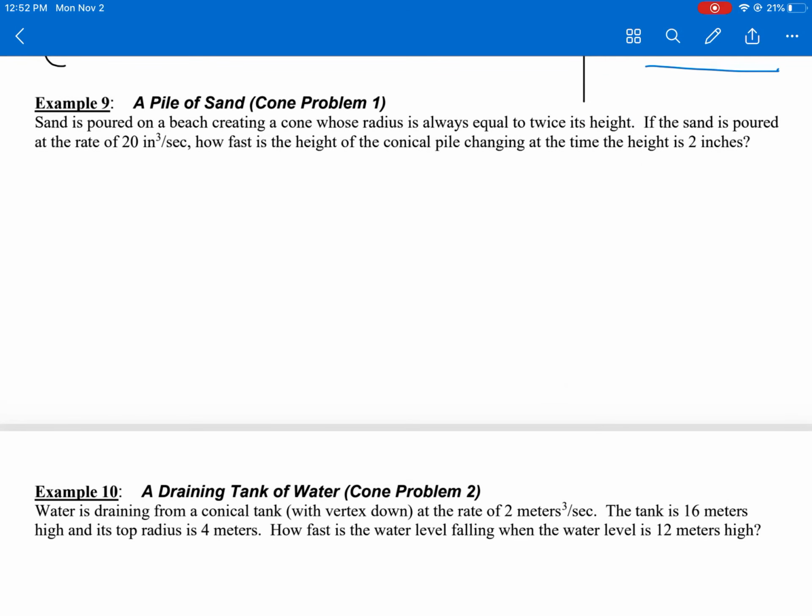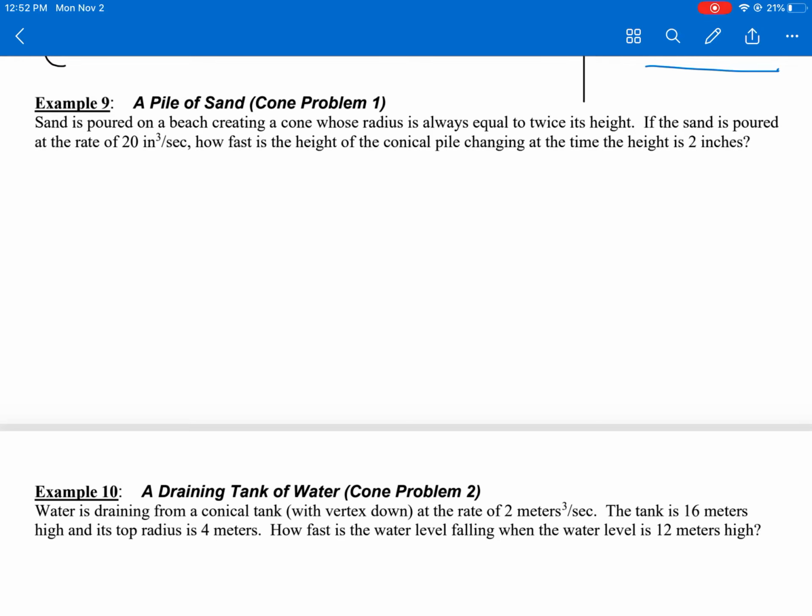Okay, and welcome back to part 2 of 3.5, where we're going to look at the last 3 problems from this section. So we're going to explore 2 different types of cones, and then we're going to look at your shadow. Okay, so example 9, sand is poured on a beach, creating a cone whose radius is always equal to